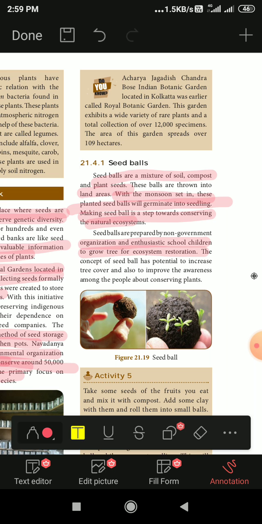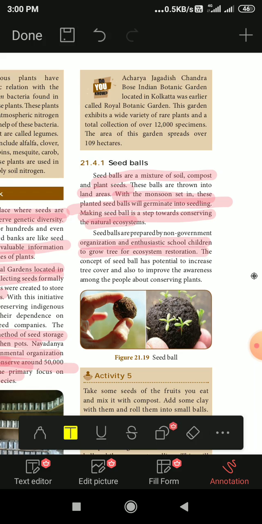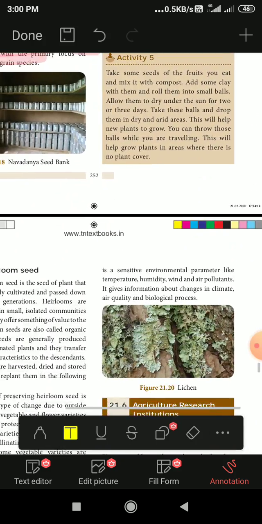The concept of seed balls has the potential to increase the tree cover and also to improve awareness among the people. So it is to increase the awareness among the people, so that we plant the trees. Okay. Now the next topic is